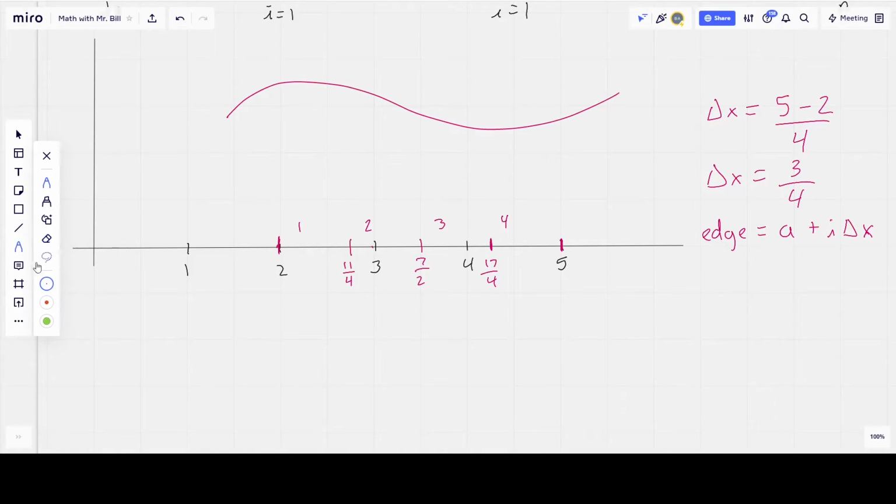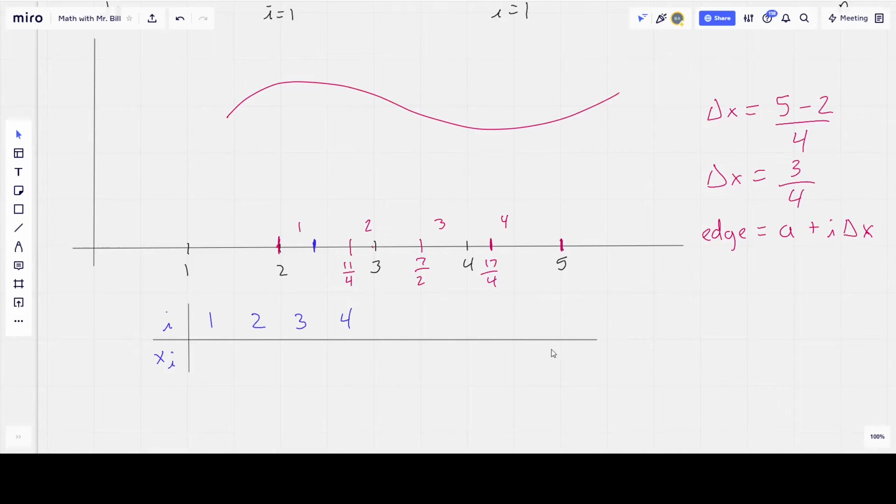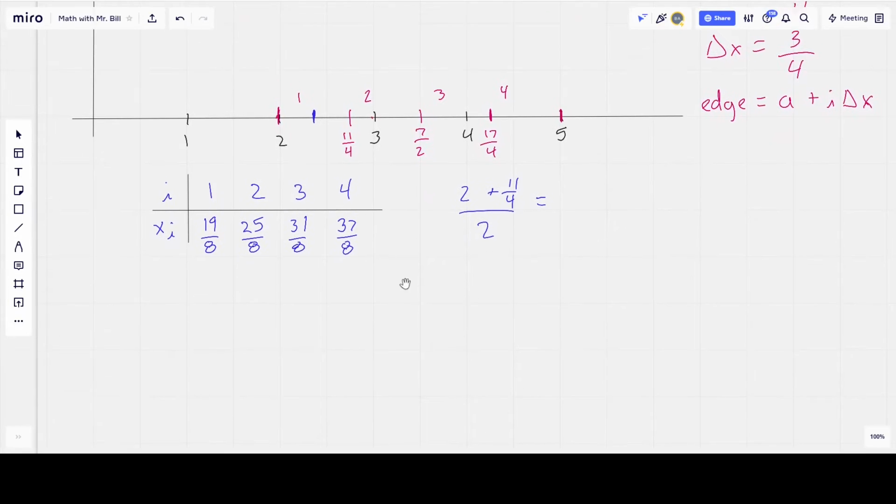So the middle here, which I'll put in blue, that point is the average between 2 and 11/4. I'm going to make a little table so I can keep track of everything and find the average between each pair of endpoints. Just to be clear, I'll work this out and it'll be edited out, but all the numbers will be there. I'm taking 2 plus 11/4 and dividing it by 2, and that'll give me my first midpoint. And I'll do the same thing for each one of those. Okay, so there's all of my